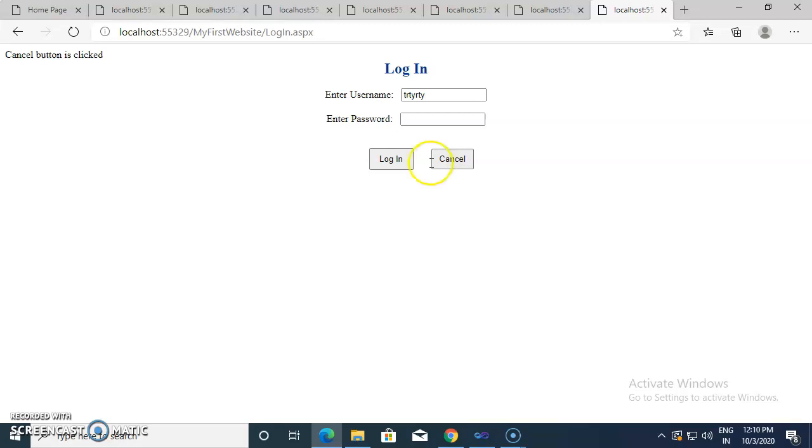But we don't want to give a message like this. What we want is, if the user gives the correct credentials, then we need to go to the next page. So how can we go from one page to another page, we see in this video, and also how we can check the values of these text boxes against some other values, and if those values are correct, then we go to the home page, or the next page we want to display. So how can we do this?